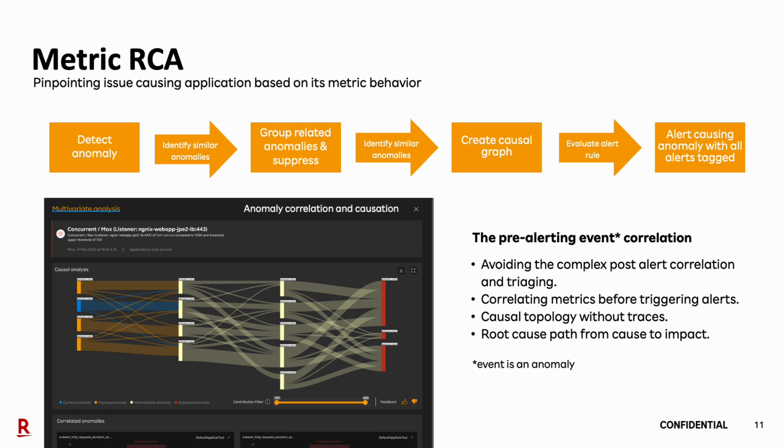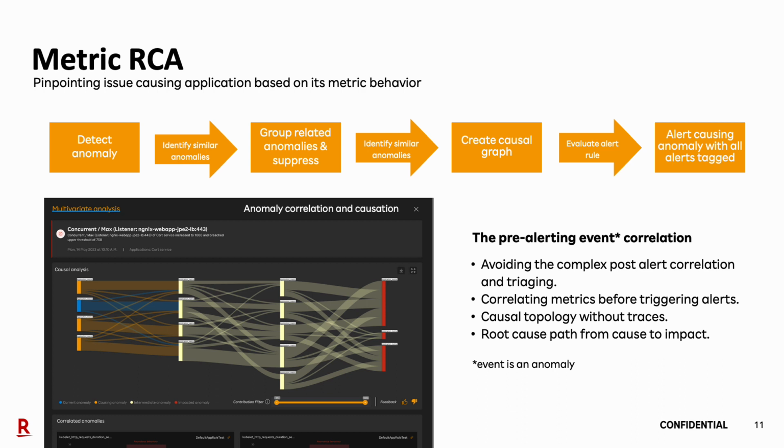What we essentially do is detect anomalies from their regular behavior, group and suppress them into a single critical alert in our dashboard. Using the metrics data, our engine, built on transformer-based causation models, visualizes a causal graph that gives a view into the blast radius. User can view level of impact from the issue causing application all the way to the